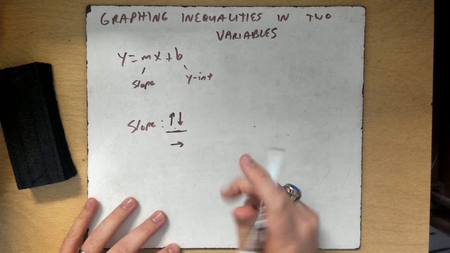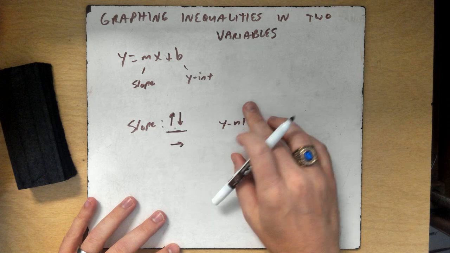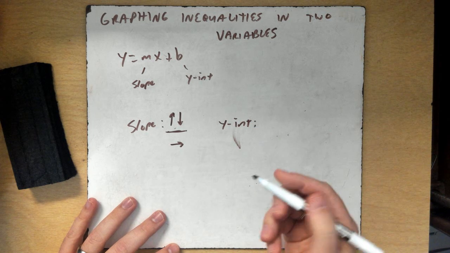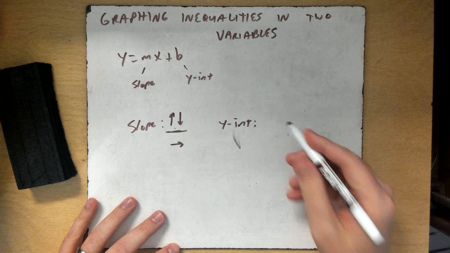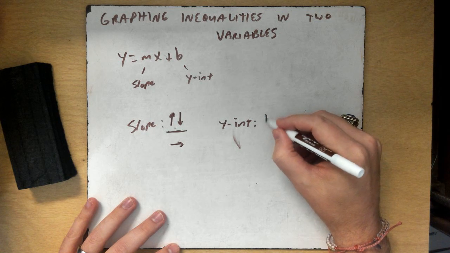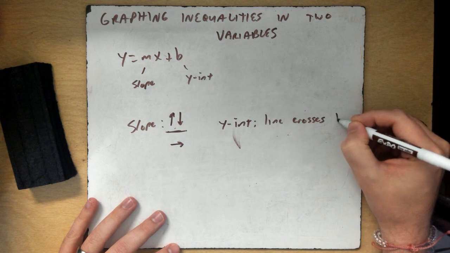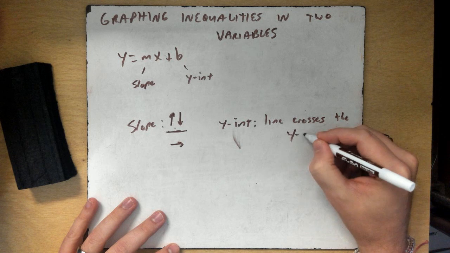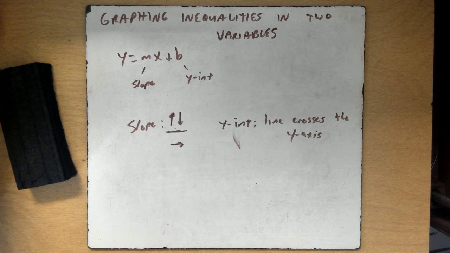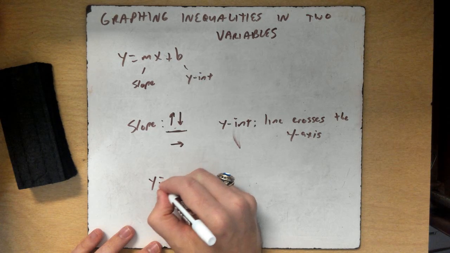And then my y-intercept just tells me where on the y-axis I'm going to be, where the line crosses the y-axis. So let's say, this is just an example, I have y equals